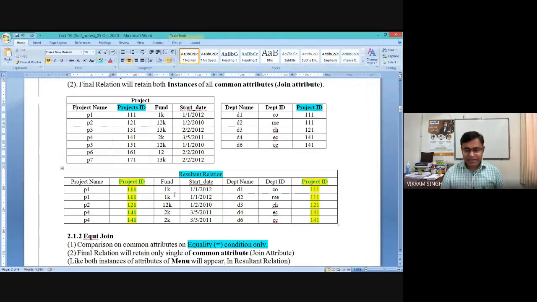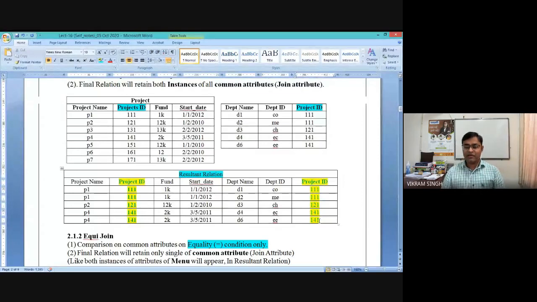That's one thing. Second thing, you can see that in the resulting relation, we have two instances of a matching attribute. जो attribute use किया हमने, project ID और दूसरा project ID यहाँ पर है.